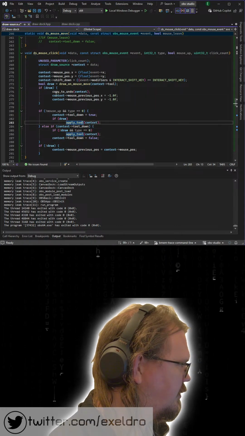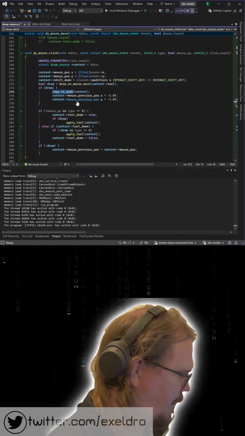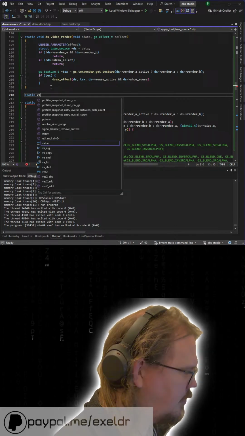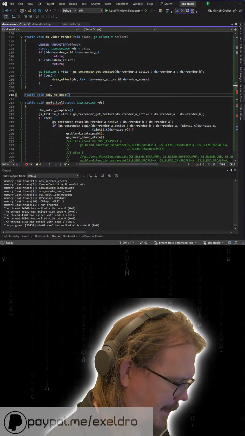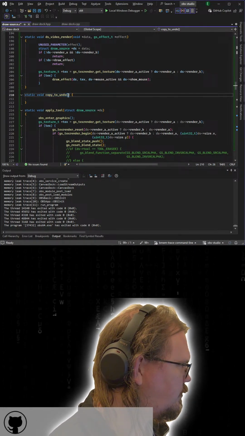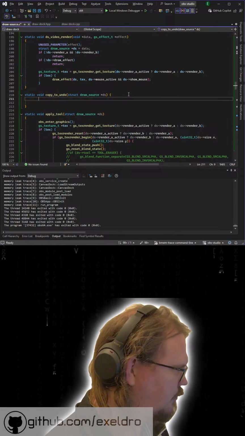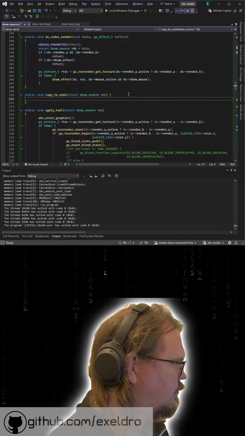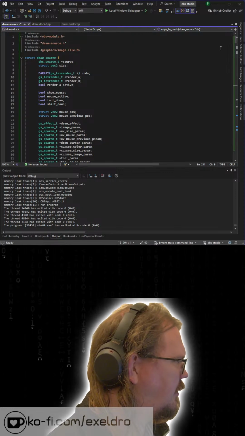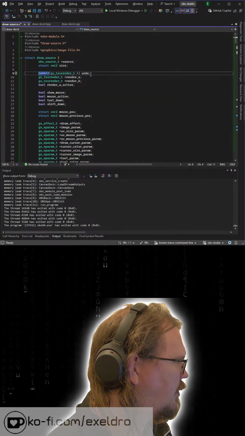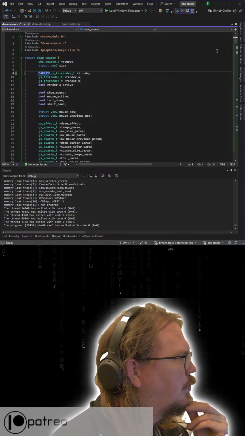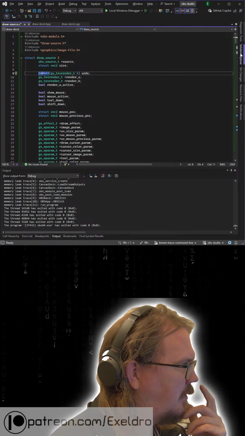Context in that. It's an array now, but I think